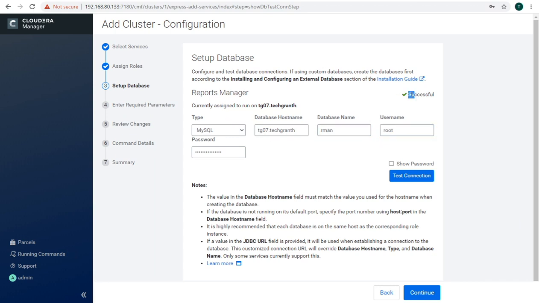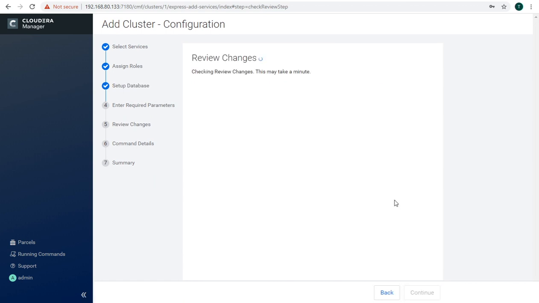So we were using username as root, and now the test is successful. It is written here, if a value in the JDBC URL field is provided, it will be used when establishing a connection to the database. This customized connection URL will override the database host name, type, and database name. Only some services currently support this, like Hive. Then just click on continue,